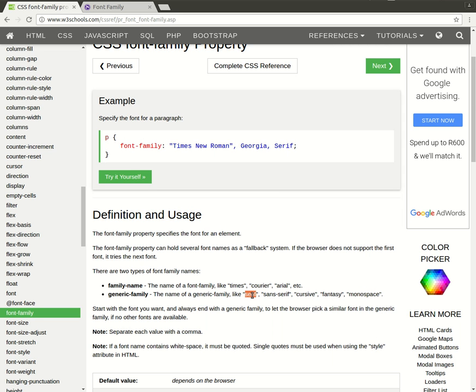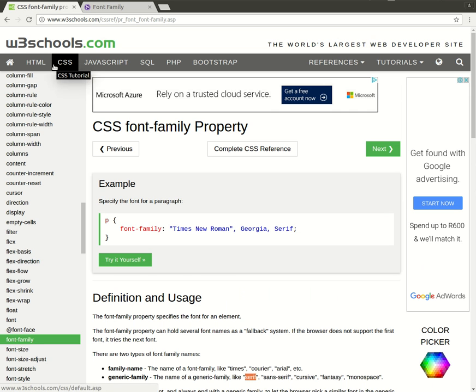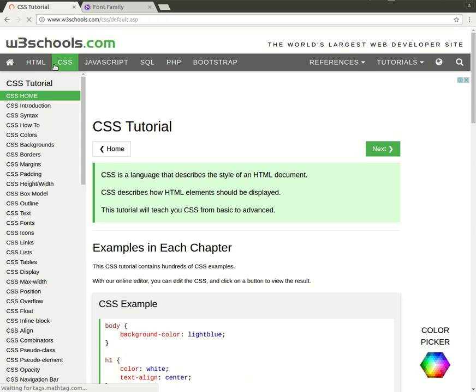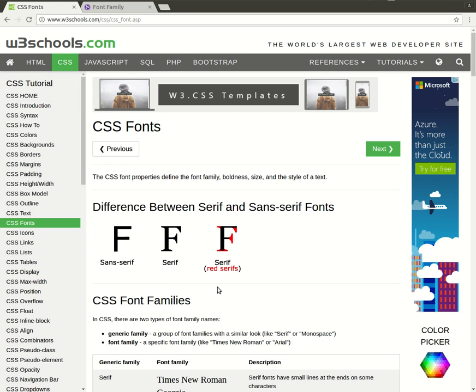So your serif fonts are the ones that contain the strange edges, just like Times New Roman. In fact, if we go to the CSS tutorial and we go to the section on fonts, you can actually get a nice illustration of what a serif is. So if you look at this letter F, you'll notice the little red edges are actually what we call serifs. A sans serif font is the ones without the little edges. So sans means without in Latin. So sans serif is generally your typical Arial font or Verdana font, and your serif font is typically your Times